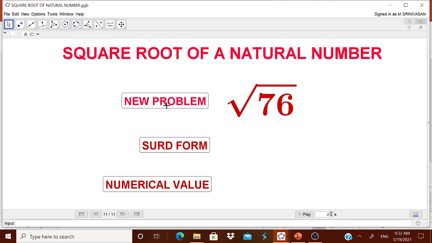In the class, what you can do is by clicking this new problem, we can ask the children, now you do it. After that, by clicking it, they can check the answer. Once again, you can go to the new problem. Again, you can ask them to check it. You see, this is the way of having a control over the checkboxes. Therefore, we will be designing a worksheet making use of checkboxes which control the object and an OK button which controls more than one object. Okay, let us try to design this dynamic worksheet from scratch.